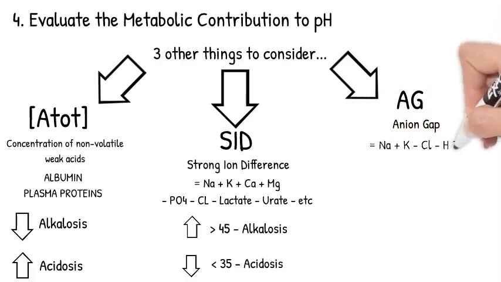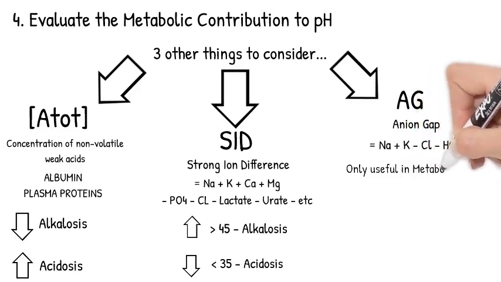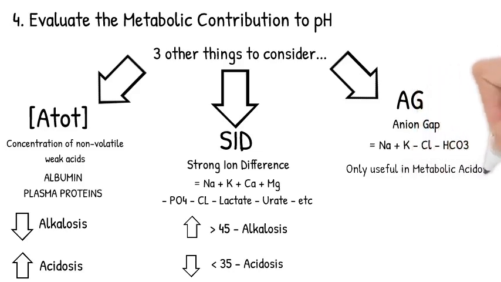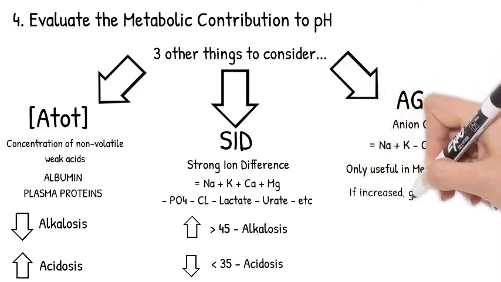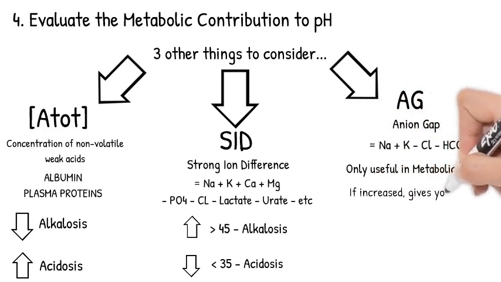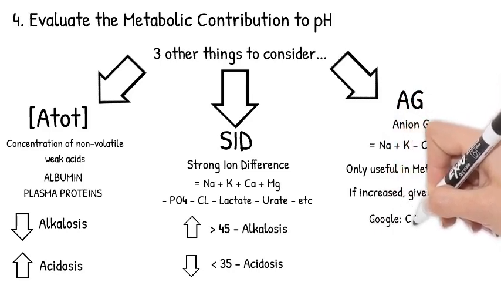So when it is increased, you can then look at some of the mnemonics for an increased anion gap metabolic acidosis, and if you Google cat mud piles, you'll find it. Normal level 8 to 16, so more than that, you're thinking about one of the cat mud piles conditions causing your metabolic acidosis, but it's not the most accurate